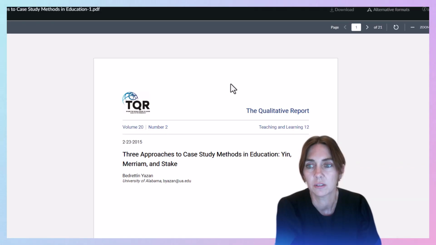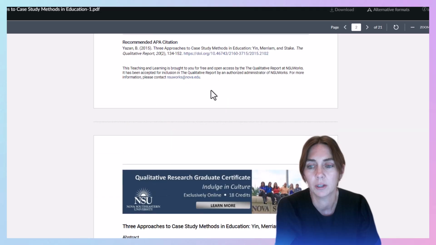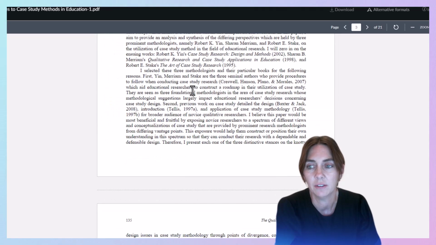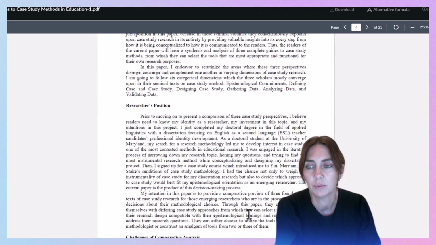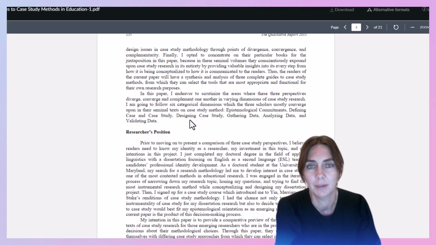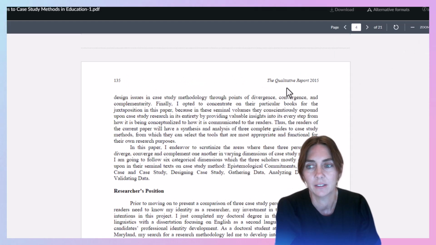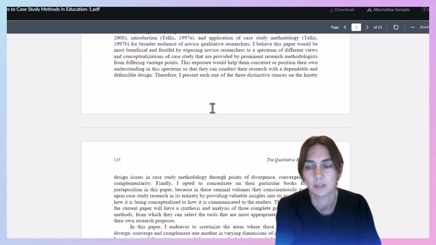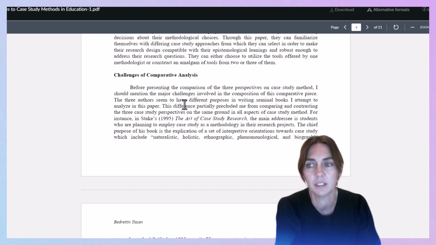With this article, don't get too bogged down with this researcher's methodology, but interestingly enough, they do include a researcher positionality statement, which is something you have to do for this week. So that's nice to see one out there. Again, don't worry too much about this beginning exposition part, but read it enough to get an idea of what a case study is and whether or not you'd like to do one for your project for this course.